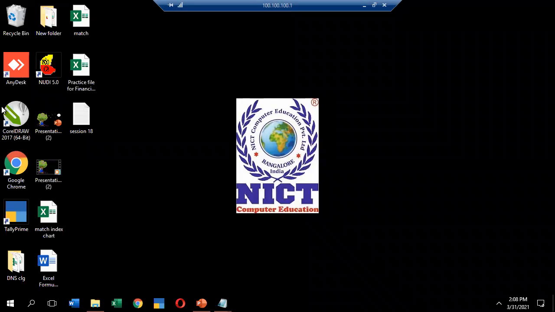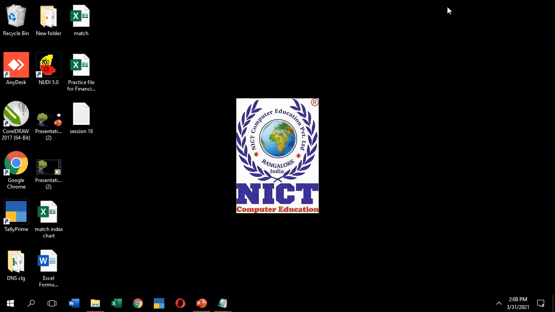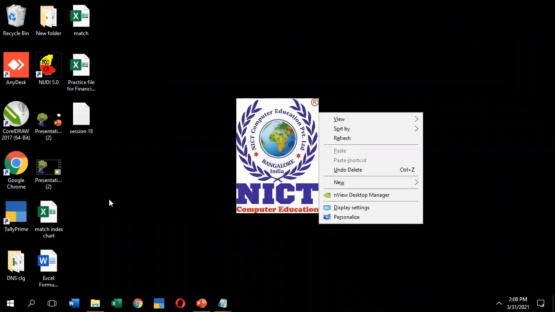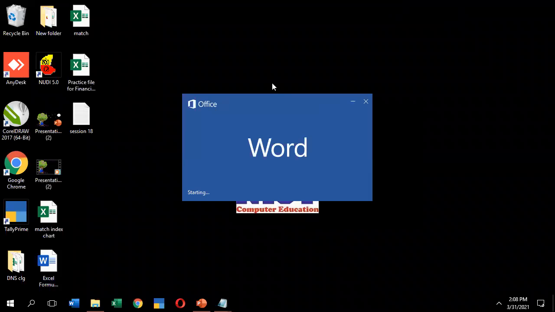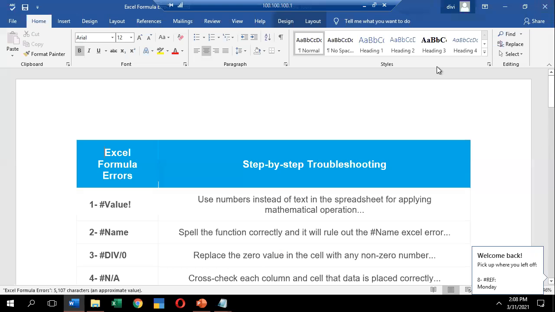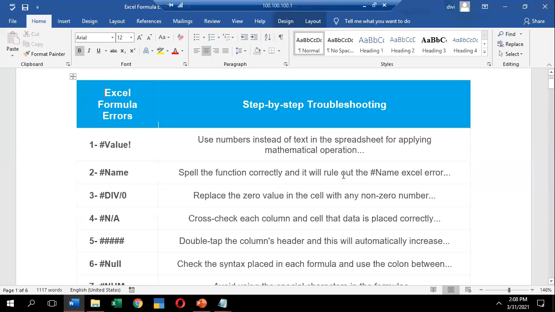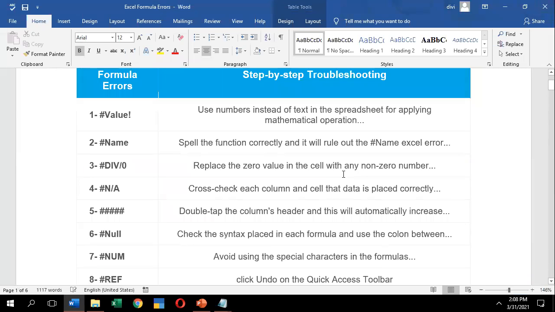Does anyone have a doubt with the previous class? No? Okay, all are clear about the formulas. About the error messages: VALUE, NAME, DIV, N/A, NULL, NUM, REFERENCE. Does anyone have a doubt with these error messages?